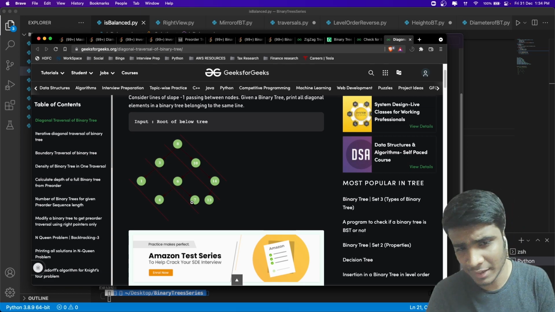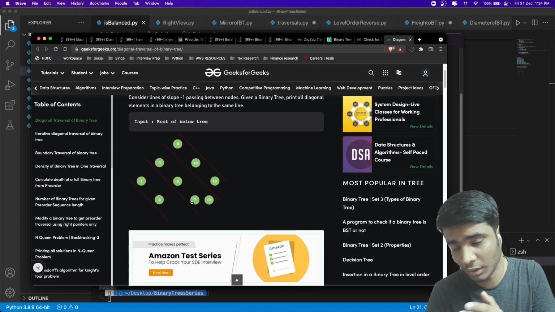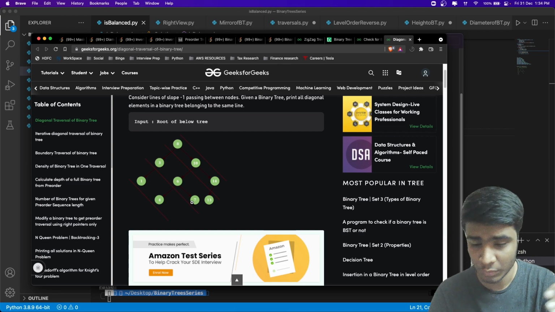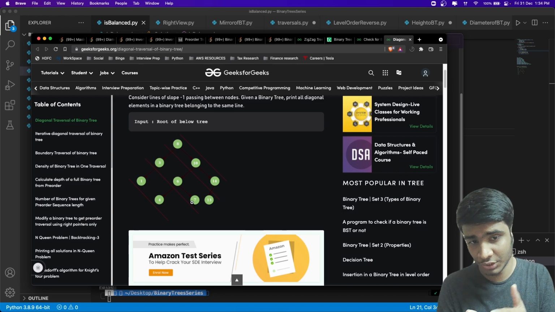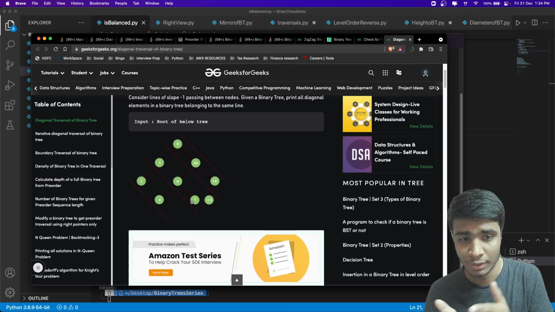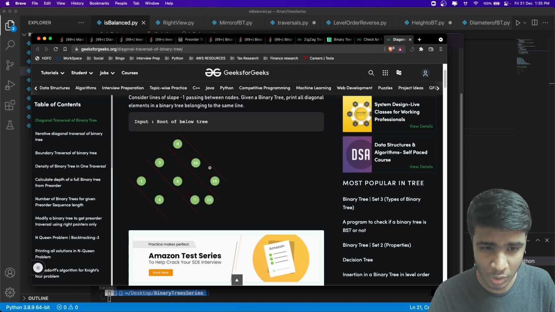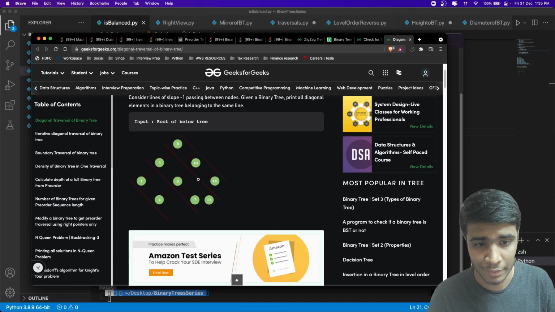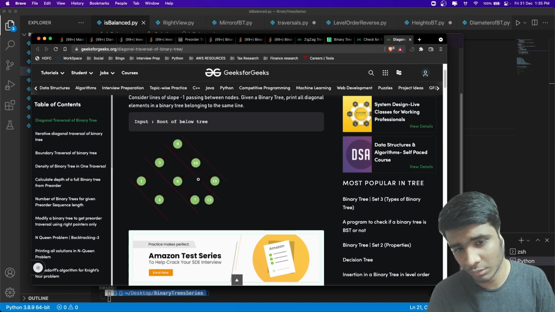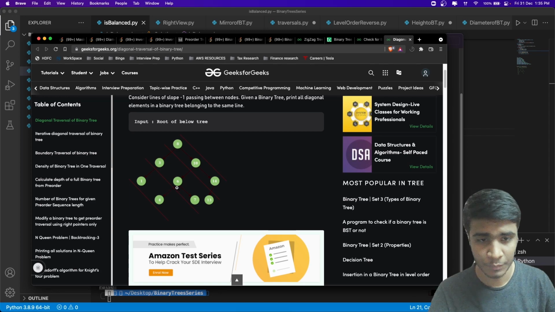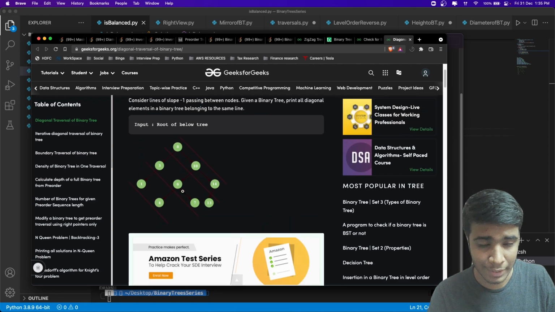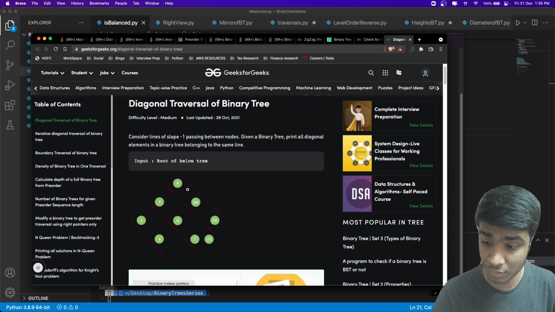Basically, at each level, whatever the rightmost elements are, that is going to be one diagonal, and that is the separation that we do. So at each level, the rightmost elements are in a level, and in the next level we are taking the left element from the first, right? That's how diagonal works, and it's an interesting problem, and it's not the easiest solution to work out.